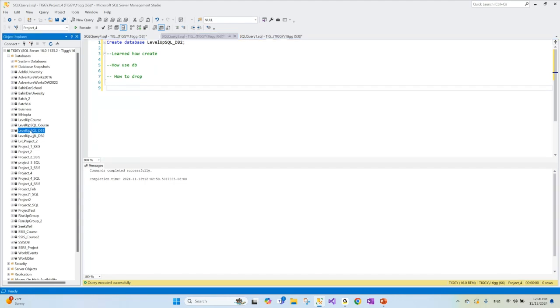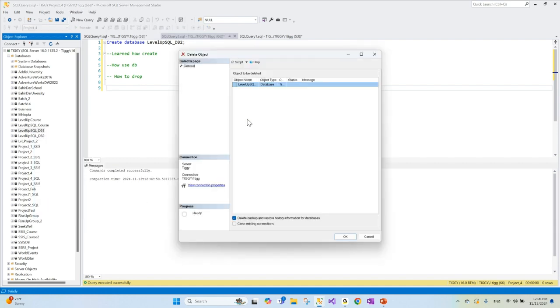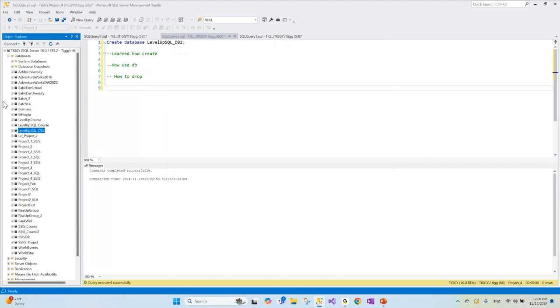Right click, not inside, but right click, and you can do delete. So when you delete objects, okay, now refresh. It's immediately gone. So you just refresh it, and it will show you there is none. That's using the graphical interface. And then if we want to drop using T-SQL, you just have to say drop database and then the name,